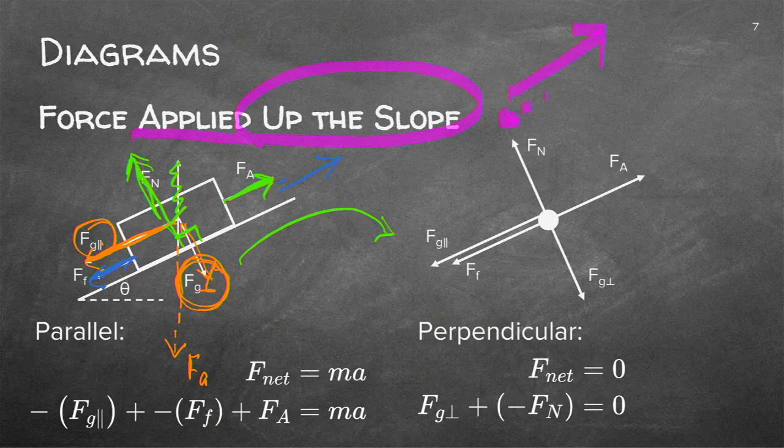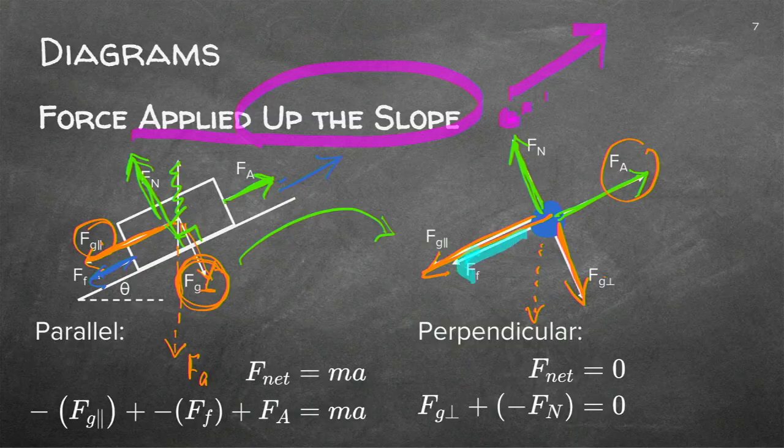Let's go and do a free body. We start with a circle or a dot, and if it's too small, go and make it larger so that every force can touch it. Then you go and say, okay, I had the applied force in that direction, and as you see in my other diagram, I had the normal in that direction. The other two remaining will be the parallel, it's moving down, and the perpendicular to that one. And remember, you had the gravity there. And because it's going upwards with that applied, you also have your friction down there.